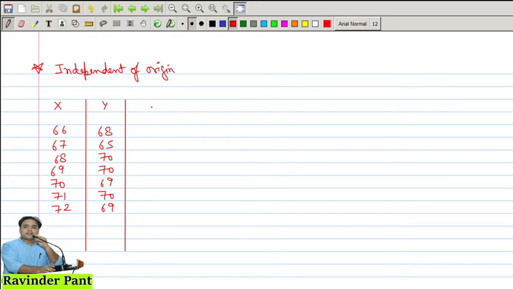We can also calculate the value of the covariance by simply multiplying them and getting the product of x, y, then their summation, but that will be a complex calculation. So what we do, we'll try to use the step deviation funda here. So we are going to use this independent of origin property. And how we'll do it? So we'll find that u is equal to x minus a. So we'll convert the value of x into u.